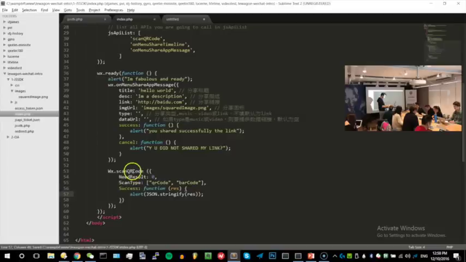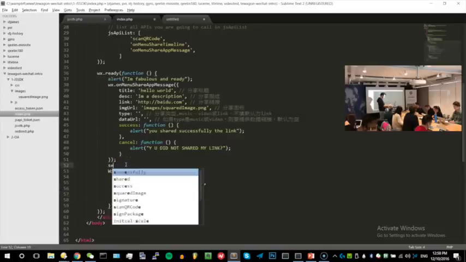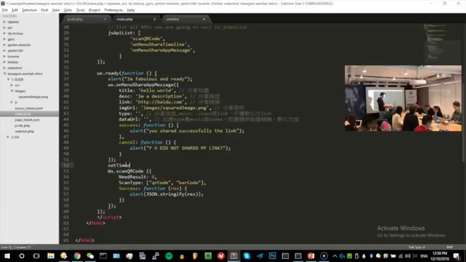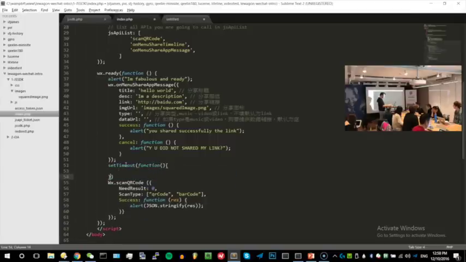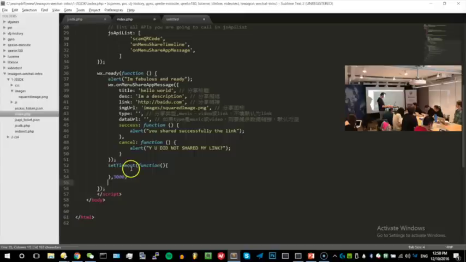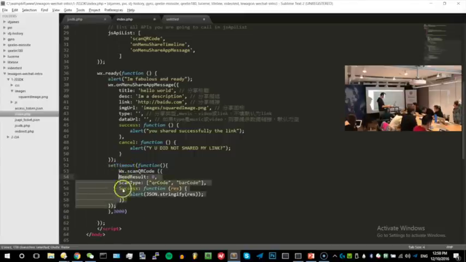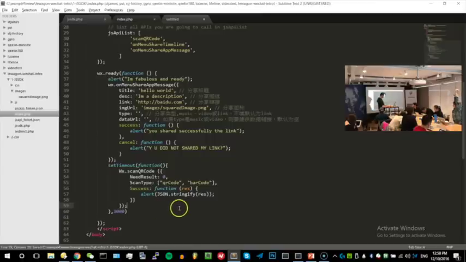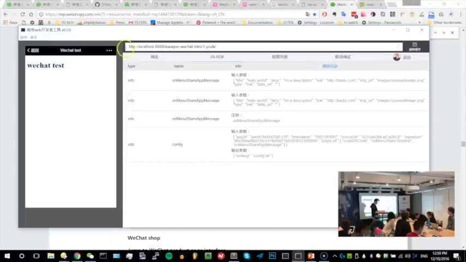Okay. And I'm going to put a set timeout. So this function, you can call it, for instance, when you click on a button. But here I'm just going to trigger it 3 seconds after the page is loaded. But it's very easy as well to obviously put that when you touch a button. So let's write this code. Right now I haven't tested it. It's straight from the documentation, very raw. Let's see if it's working. I'm sure it's not going to work, but let's see.